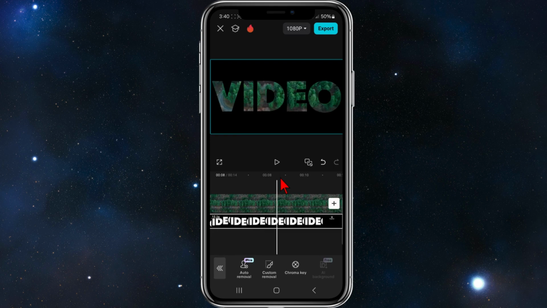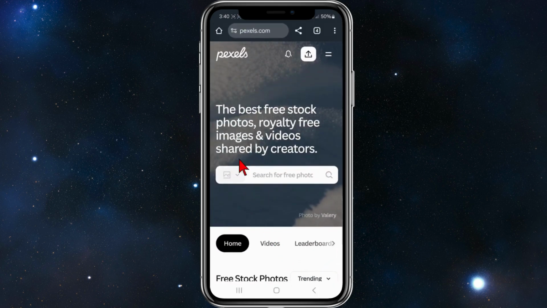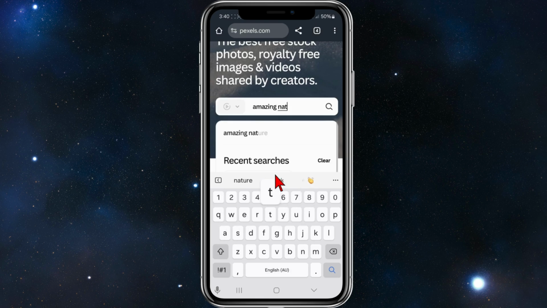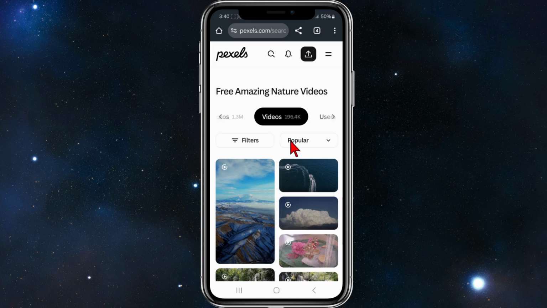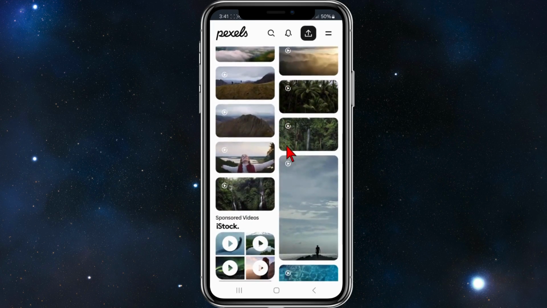And now to get free stock footage, either videos or photos, you want to go to a site called pexels.com. So here it is here, pexels.com. And if you want to search for images, you can, or you can do videos. And now to find amazing nature or anything nature related or anything, just go and search for it. So for this example, I'll type in amazing nature, click search. And now you can see there's close to 200,000 videos of all different nature videos you can use for your videos